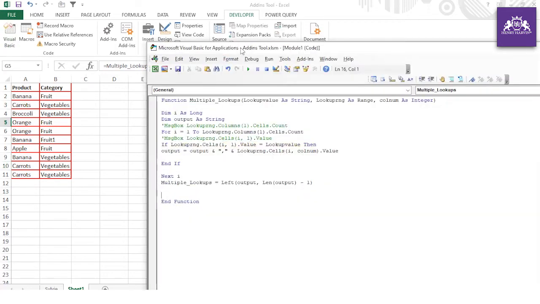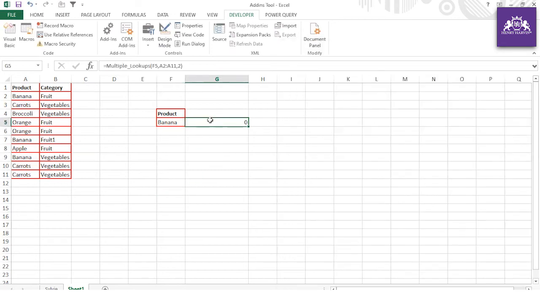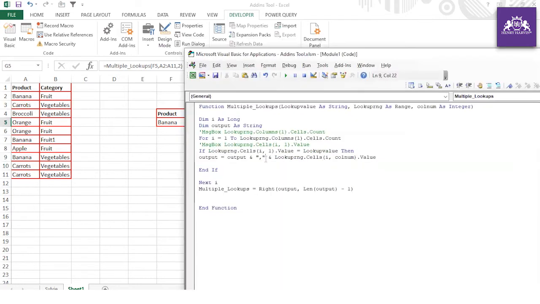Because if you look at this output, we want actually from the left. So now if you see what output we are getting, left, this output. Now if you see that, all right, and this is the one, because there is no comma at the end, so maybe we have to use right function over there. All right, so you can see that if you just see the result we are getting or not. Correct, guys. So we are getting the result. So guys, there are two things: either you apply comma in between, all right, or maybe you can do that way also, over here, maybe at the end.